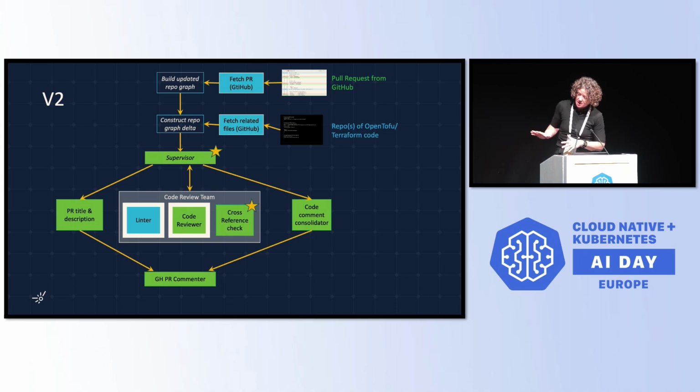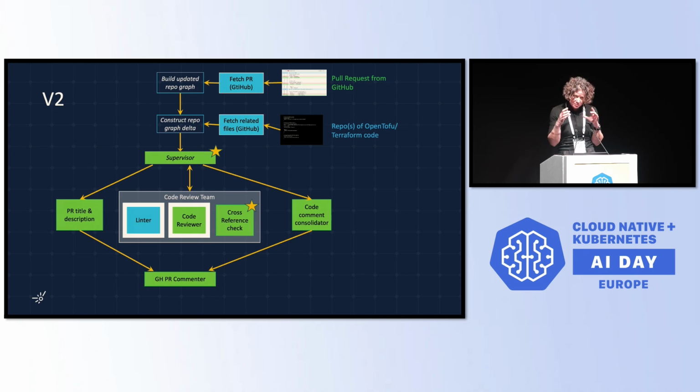It's a little easier to see what's going on in this view. We start at the top where we're taking in our pull request. We're actually also fetching some other related files, not as many as we should. We're starting to find that. We have this supervisor that then distributes the work to a PR title and description reviewer. So we've chosen to pick up one of those documentation tasks as an early test.